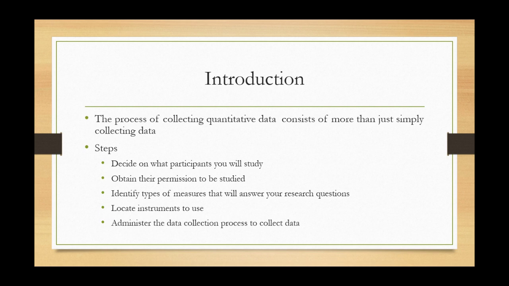After you have decided on which participants you will use in a study, then you will have to obtain permission from them. Then you identify the types of measures that you will use while answering your research questions. Then you will locate the instruments that you will use to collect data, and the last step, you will begin collecting data, where you will administer the data collection process so that you can collect data. So let's